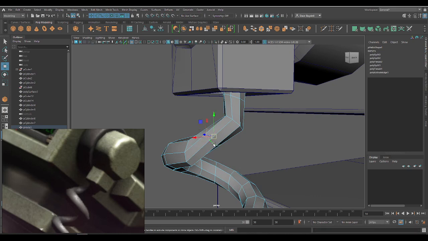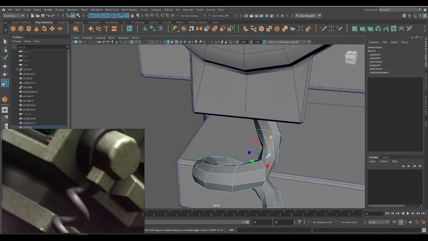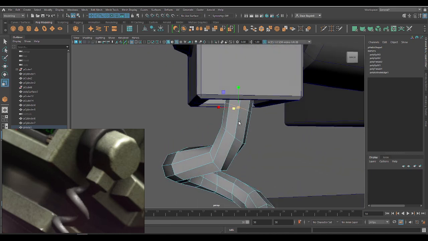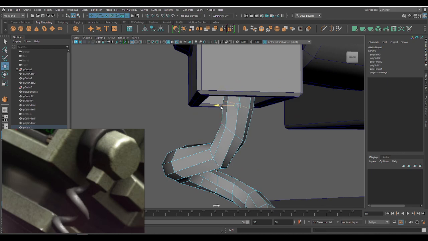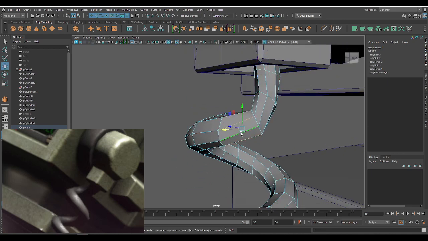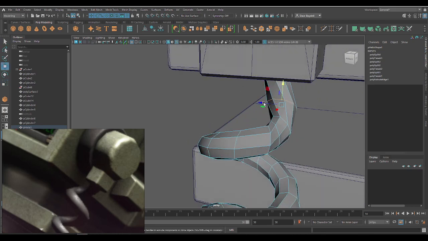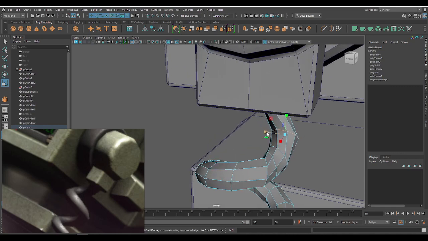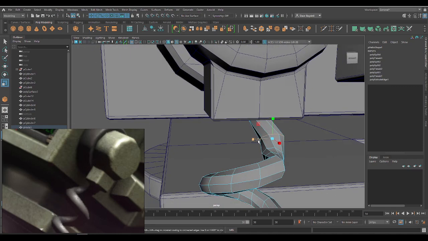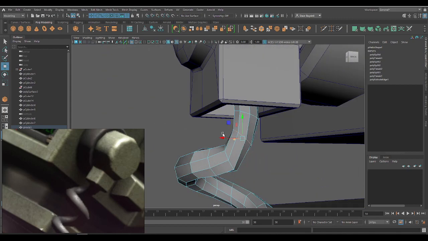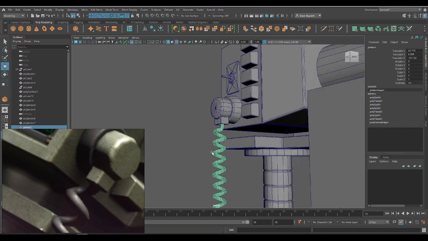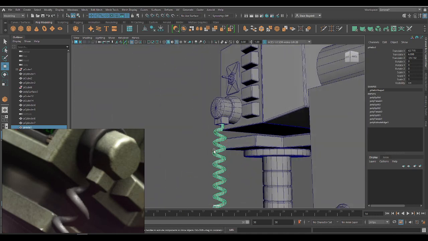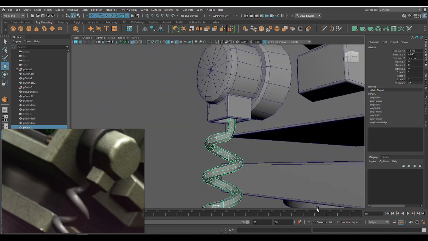Again, add a couple of edges either side. And then using the rotate and scale, then one more in each segment, just to get that curve back in there. Because all I'm doing here is trying to trick the eye into thinking that the coil's being dragged into this underside. Like that, essentially. And you can massage that for a while and make it look really, really pretty,